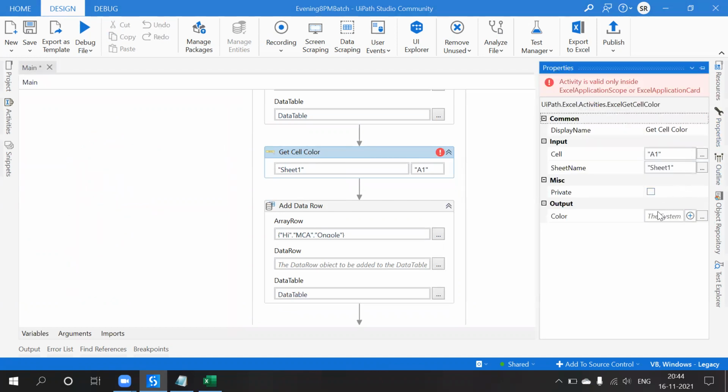Okay, so you will get the output of the color, and based on that you have to take the count of all the colors in that column.